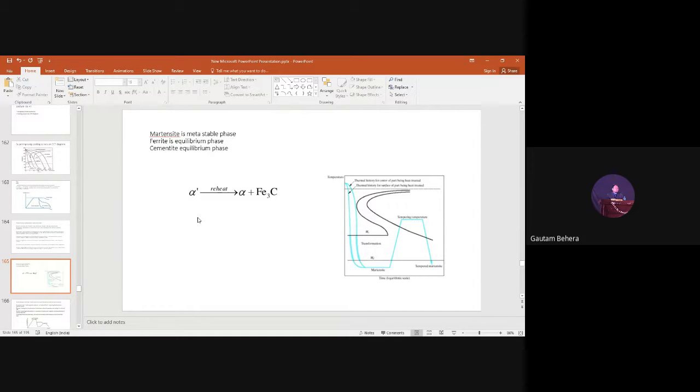Ferrite is BCC, martensite is also BCC, but it is actually BCT, body-centered tetragonal. Just the C axis is larger, right? In BCC, A is equal to B is equal to C, all the lattice parameters are the same. But in martensite, the C axis is somewhat bigger. How many of you remember why the C axis, or the Z axis, is bigger than A and B? Because it's tetragonal. Yeah, it is tetragonal. Very good. You remember the crystal structure.